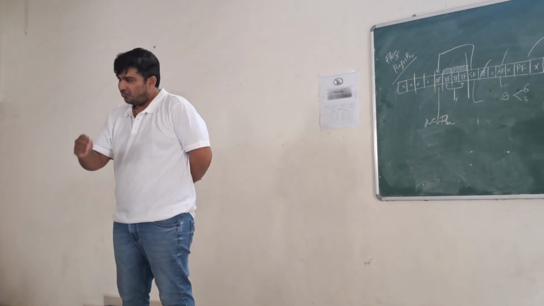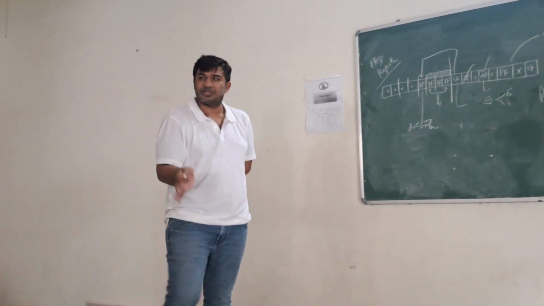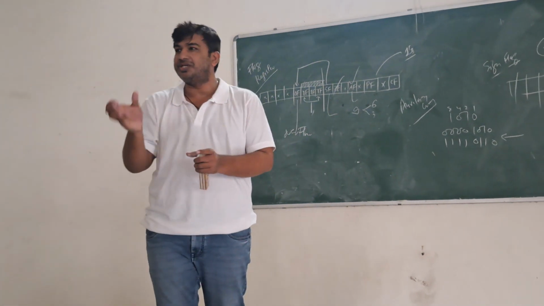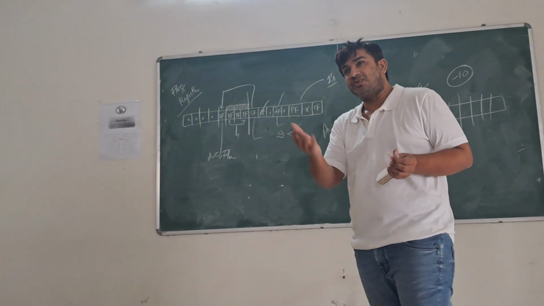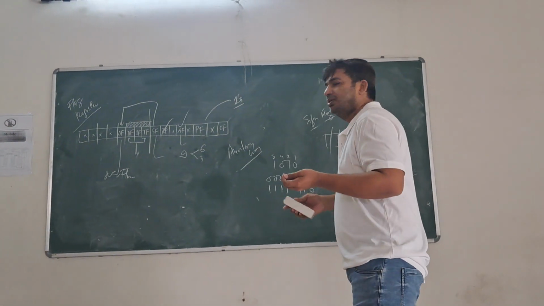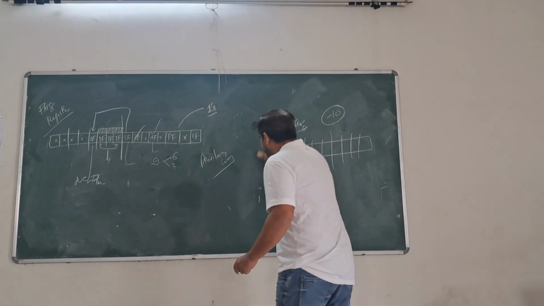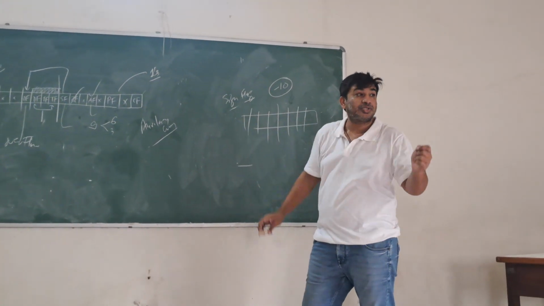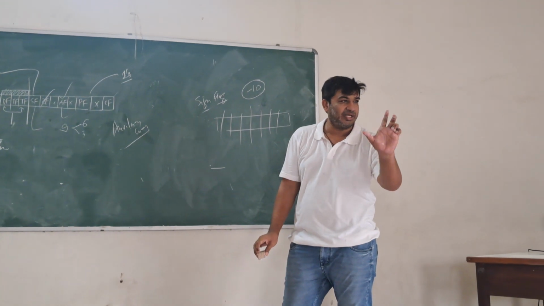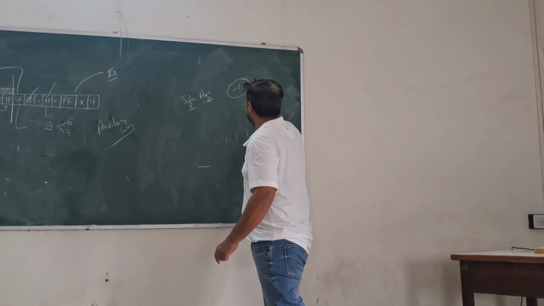Understand? Now why are we using only 2's complement? There is some logic. This is the only system where 0 is actually 0, not minus 0 and plus 0. That's why we are using 2's complement and not any other system. Go to hell with all that. Just right now what is important is we store negative numbers using 2's complement in our system. Clear?